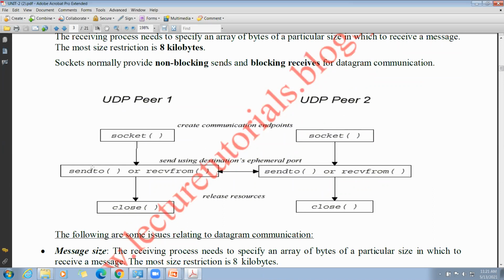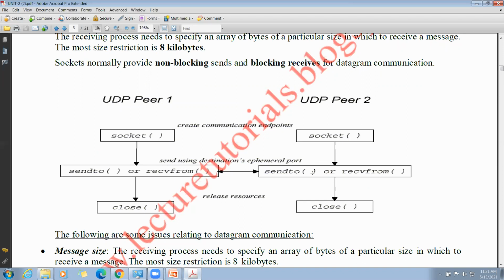Using this socket, UDP system 1 can send messages to another process and receive messages from another process.